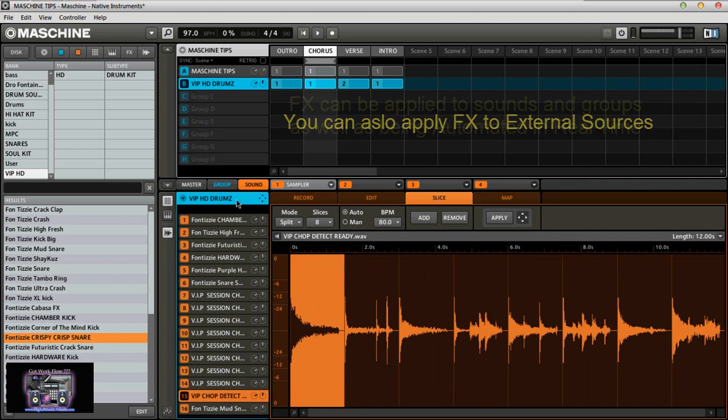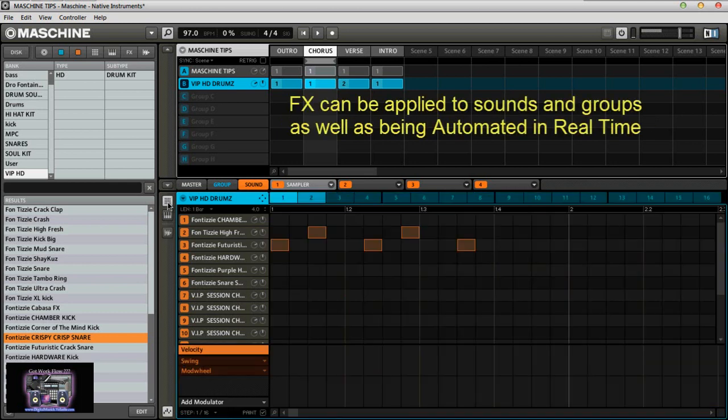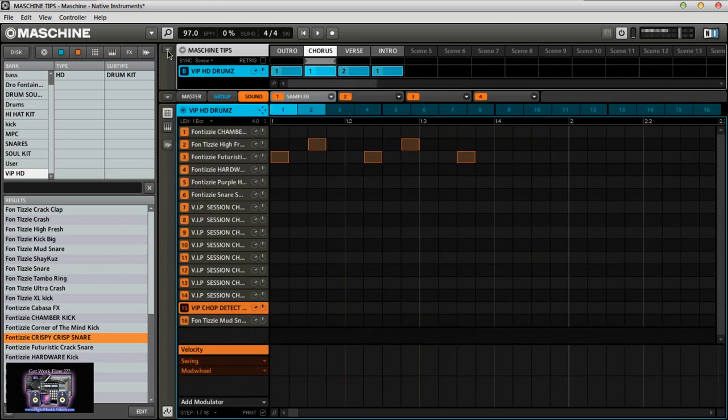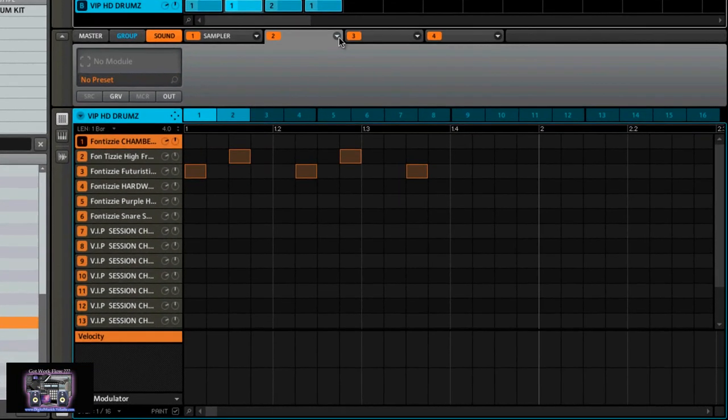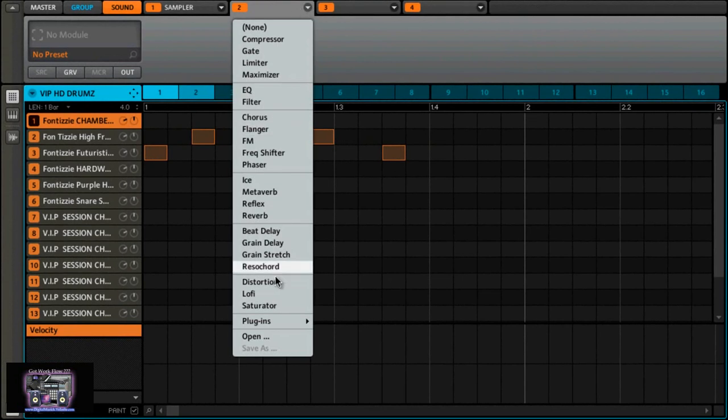Okay, so let's go back to the grid. We'll open up the control area a little bit easier. Now over here in the control area, you have 4 tabs. You can put 4 plugins or 4 effects per sound. That's per sound, not just for the whole group. So let's say, for example, where it says chamber kick right here, if I wanted to beef that up, let's say I went over here on this tab and say, okay, grab my plugin,